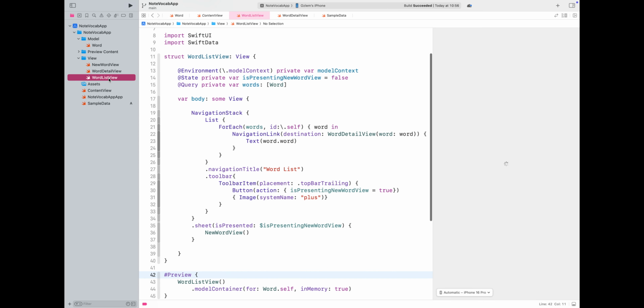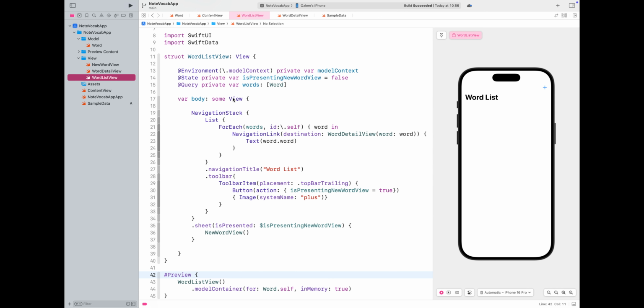In the word list view, we list every word saved in our app. Remember that we use SwiftData for data persistence. You can check the description box for links to the videos where we explain how to build these views in detail. As you can see, we do not use any sample data in this view,